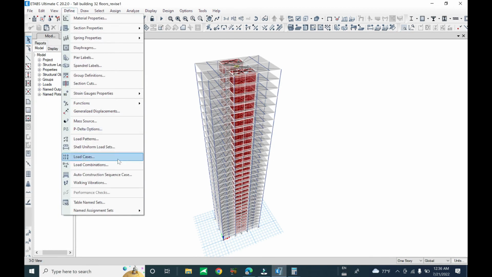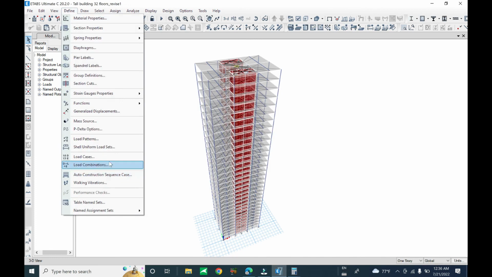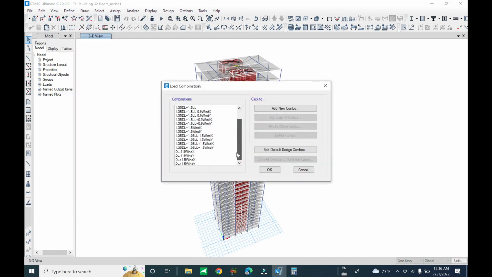And define, check the load cases. Dead load, line load, modal, wind load, and wind X, wind Y, notional load, notional load. So now let's check about load combination. You can check here, our load combination does not include notional load. So in the first case you run the linear analysis, you can include